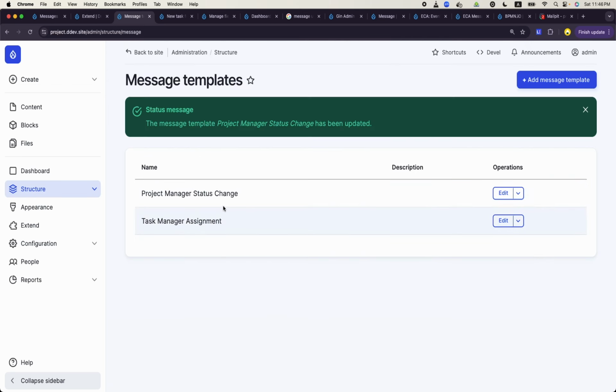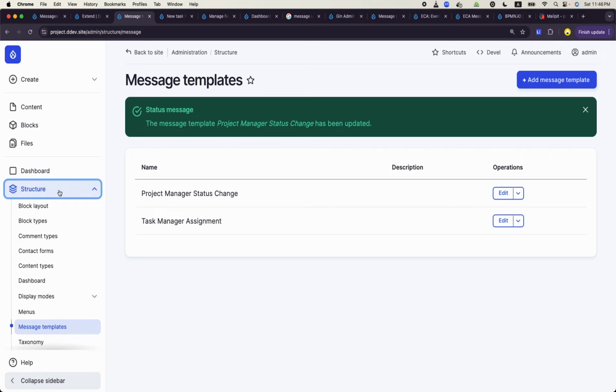So we have set up the template for the message. Now what are the steps? Structure ECA. We will create an ECA rule, or model. They call it model now, and the rules would be called rule. But for now we will go to structure,